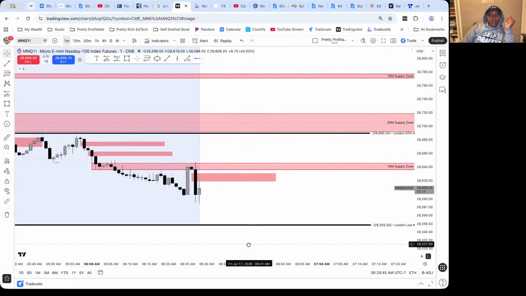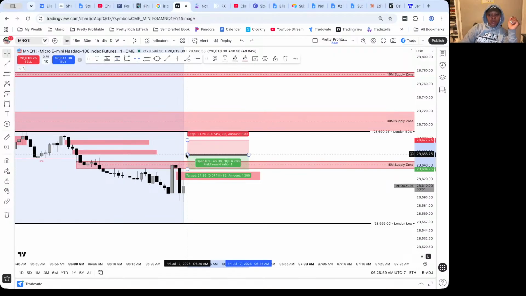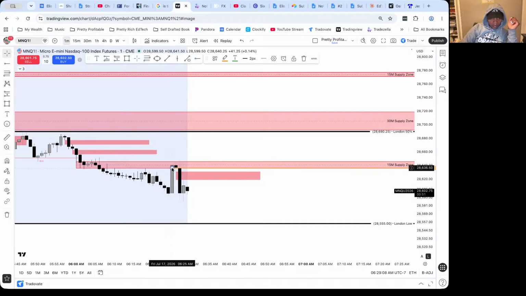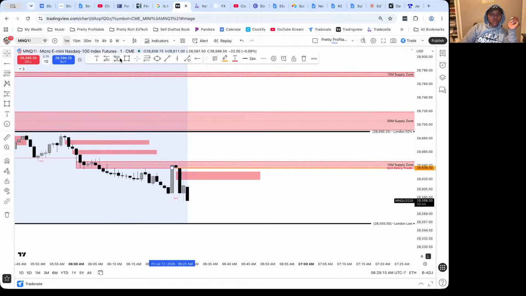So let's be ready to enter into a supply zone. So we did have a touch. We had a reversal candle right here, y'all. So let's just be already in position to do a short. So this is what I'm gonna do. One more. So I want to be able to enter right here into a sell. Short would be